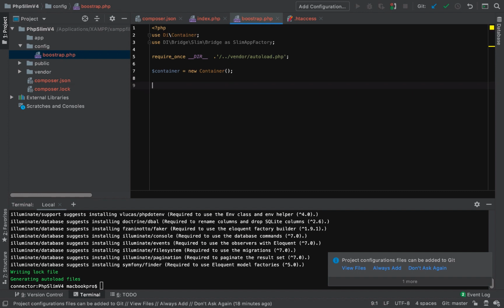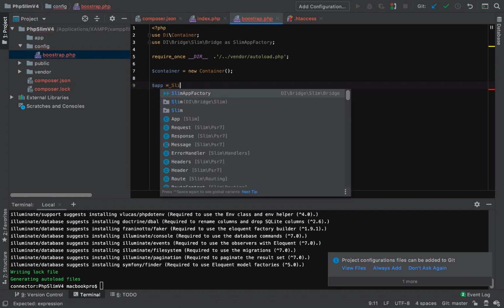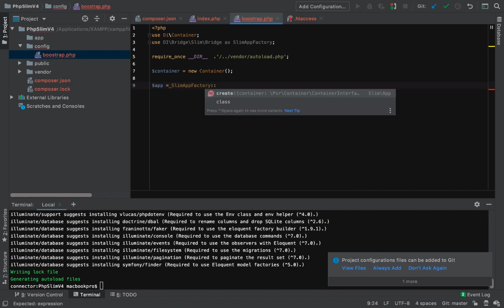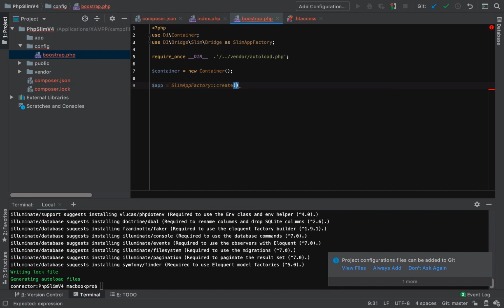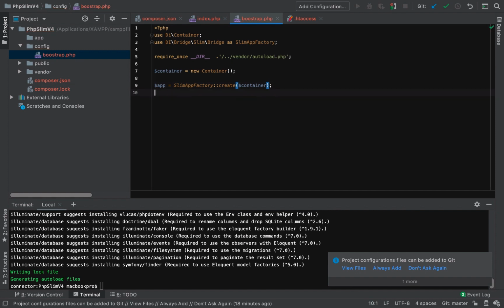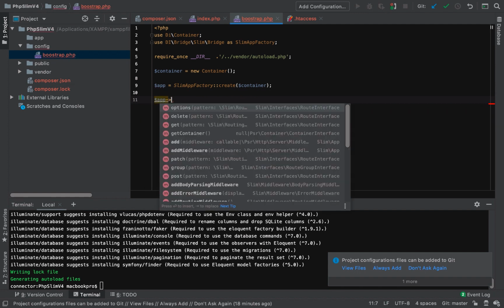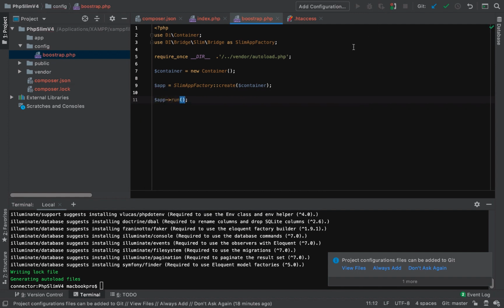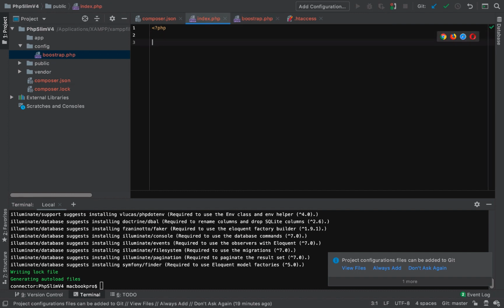And then next up is I'm going to create our application. So to create our application, I'm going to have to call our Slim App Factory, and I'm going to call the create method, and to this create method I'm going to pass our container here. All right, so now that we have an instance of our application created, what I want to do now is run our application. Okay, so right now, if I save this, I'm going to go back to our index.php, and right here I can now require config